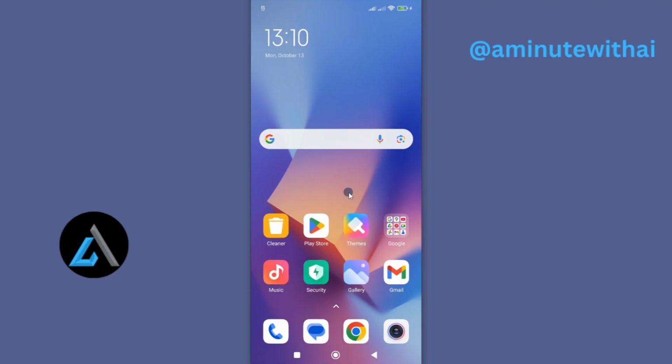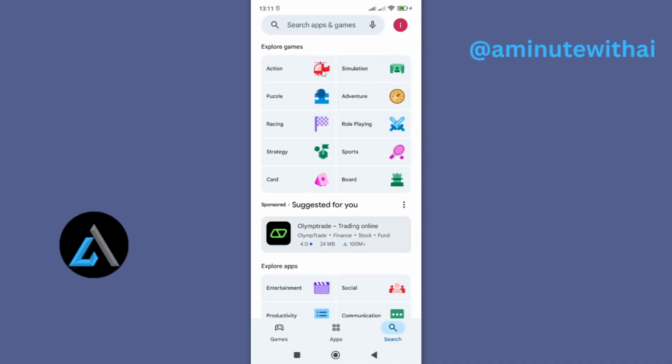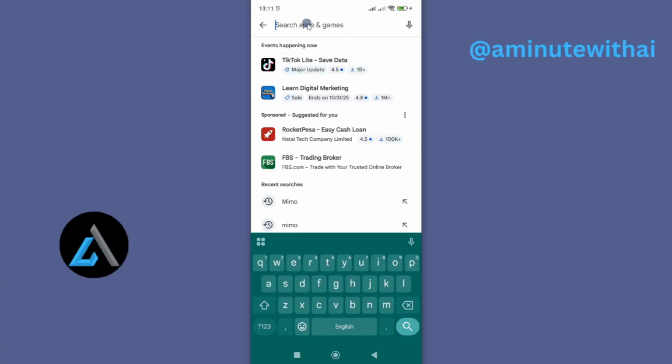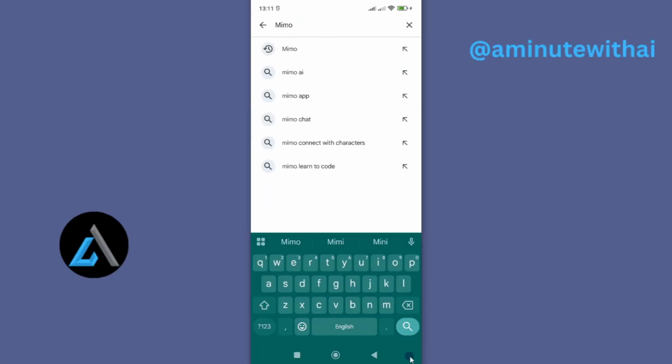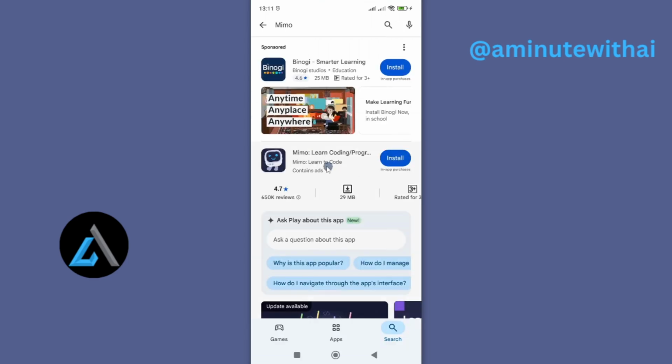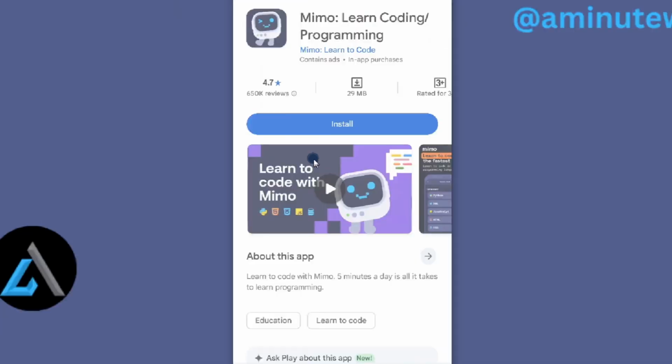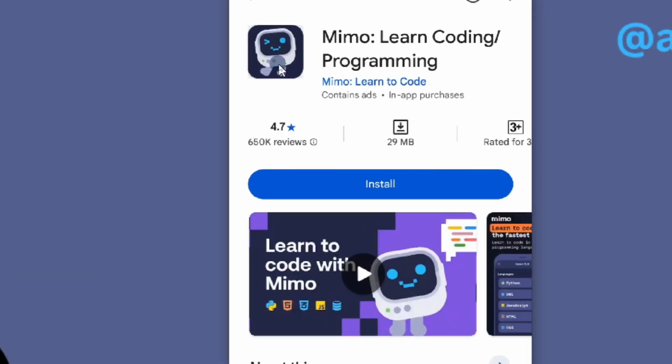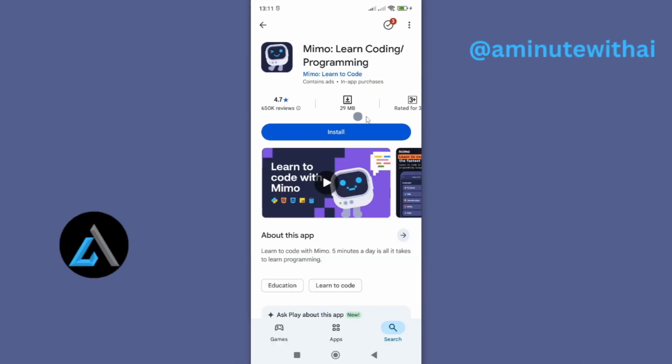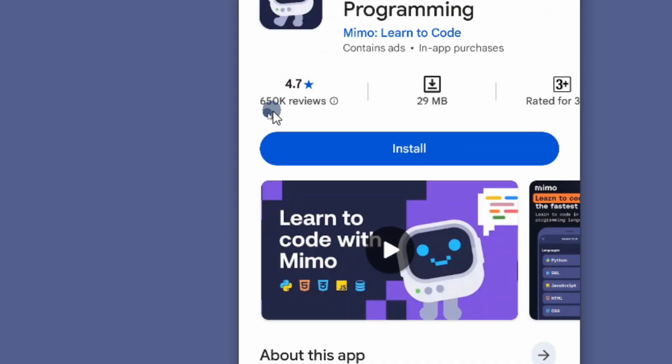Alright, so Mimo is one of the best apps that you can learn coding and programming, and to download it, just go to your Play Store on your Android smartphone and then tap on search here or app here, and then just search Mimo here and tap on this icon to search, and you can see we have the Mimo option here. So if you open it, this is the icon, and at the time of recording this app has over